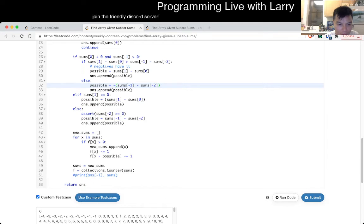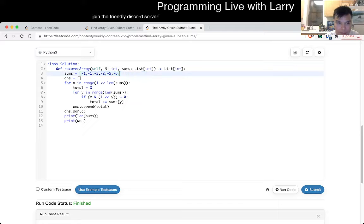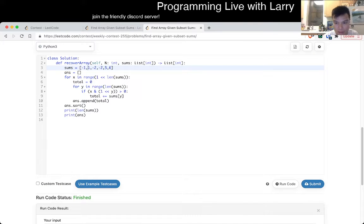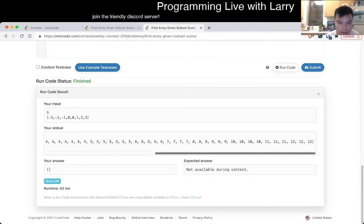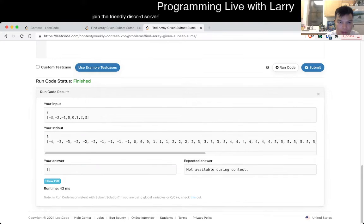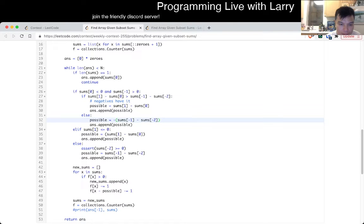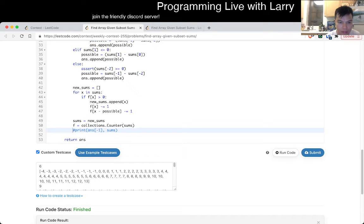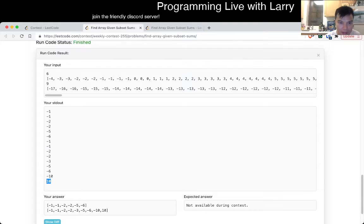Should be right. Why is this wrong? Oops. What did I have before? Yeah, okay. So the first number is, well, it could be the flip version of this, but this is just clearly just wrong. Alright, I have 20 minutes to solve this, so come on, Larry. I don't know how this got positive at the end. That may just be lucky, but